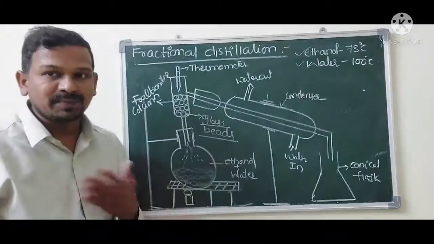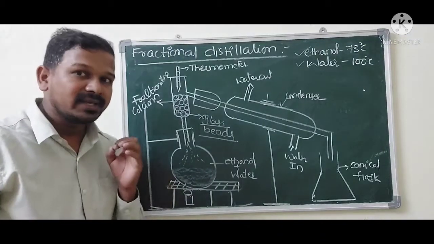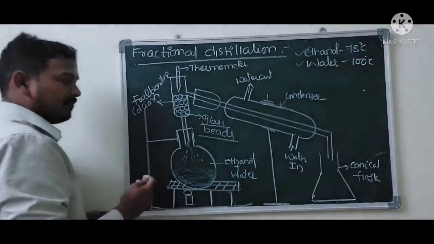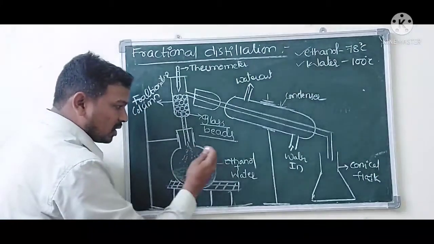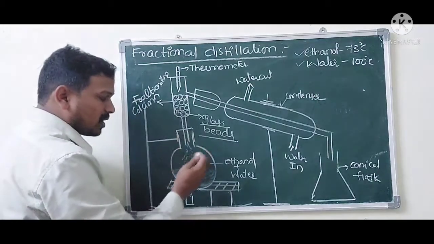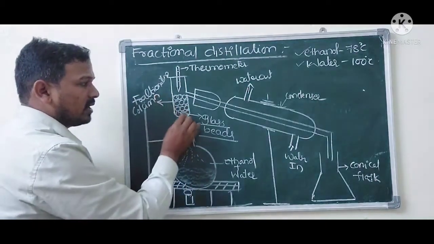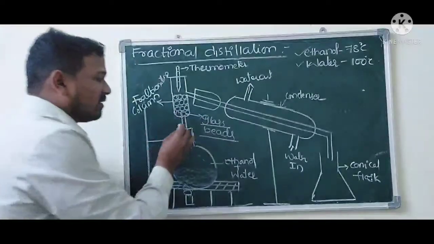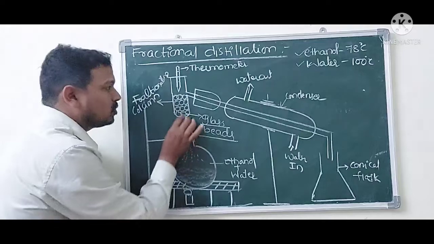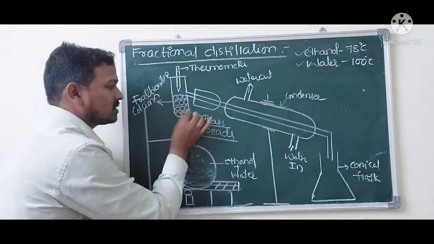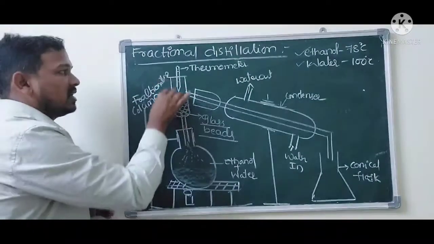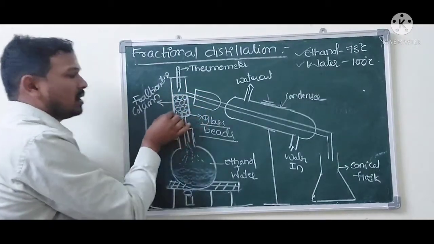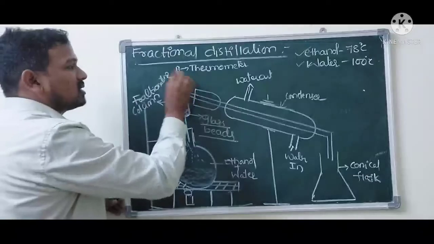Will this process stop like this only? No, it is a continuous process. The heat is given continuously. Due to that, ethanol keeps becoming vapors, going up and hitting the glass beads. Every time it goes up and attaches, the heat carried by the vapors is transferred to the glass beads. So in this fractionating column, the part below we can call the lower part, and above the glass beads we can call the upper part.